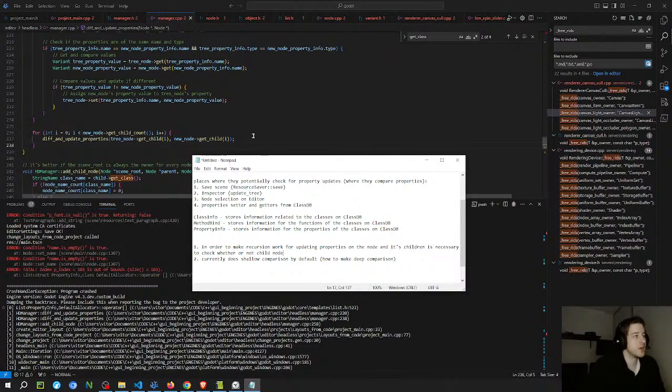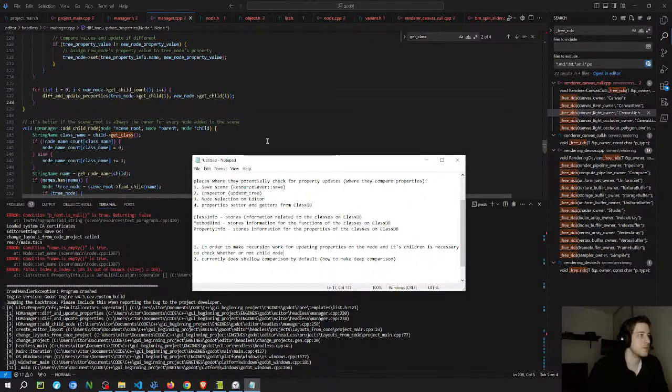Because from the nodes that are added through the code, when I'm calling the addChild nodes, I'm not checking them directly. I'm just checking the one that creates them. But they are going to be part of the thing on the main thing. So if I update the properties of this one, it's not going to update the property. And let's say I change the properties inside of the constructor of one of the nodes, it wouldn't update that. So what I have to do is